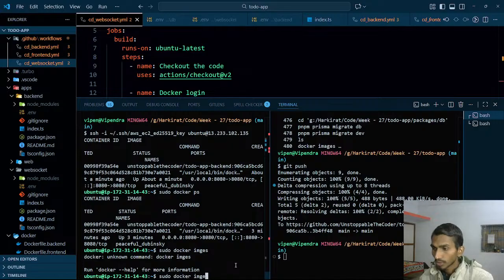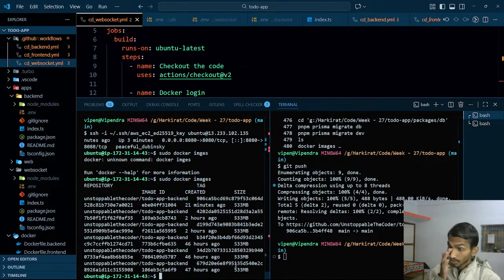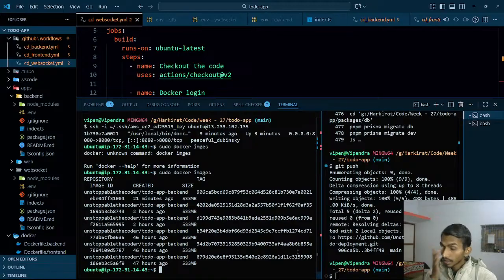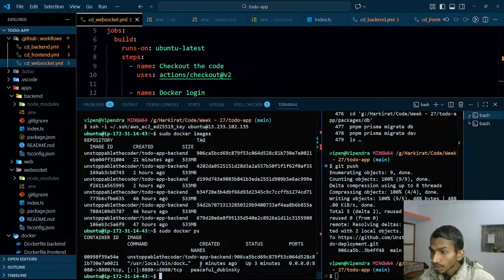Okay, that was the wrong spelling. Images. Oh, how bad am I? Okay, did I get the current image? Let's see. The image that was just built recently, and which image am I actually using? How to know this? If I run sudo docker ps, I should be able to know that. So sudo docker ps, let's check the image ID, and the image that I'm actually running right now,